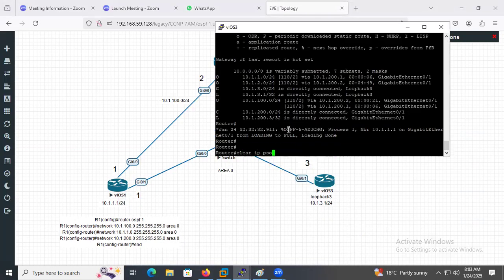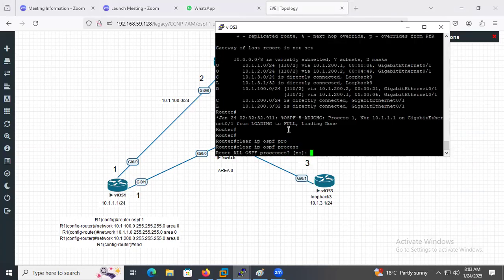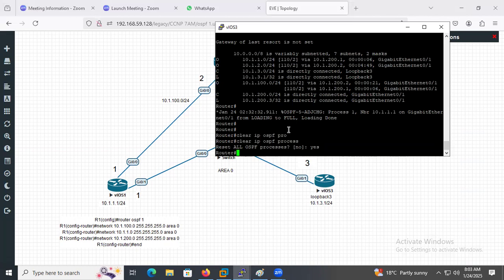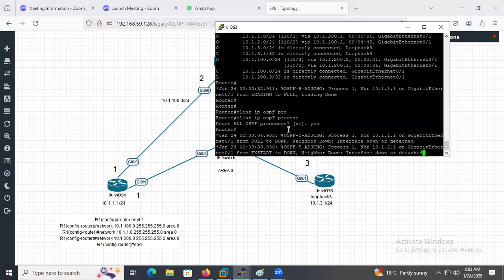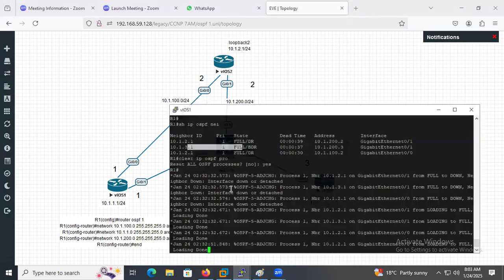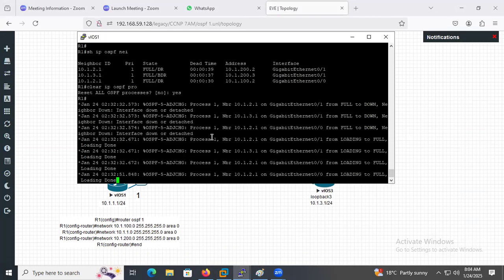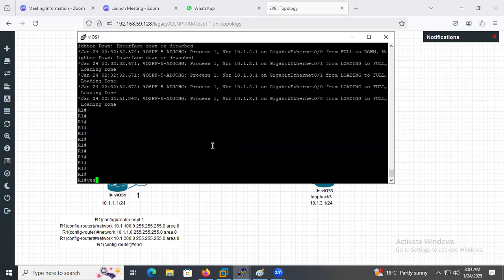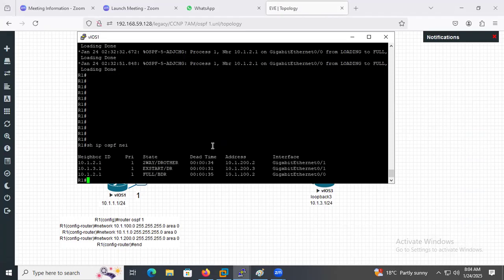Clear IP OSPF. So if I give the command show IP OSPF neighbor,